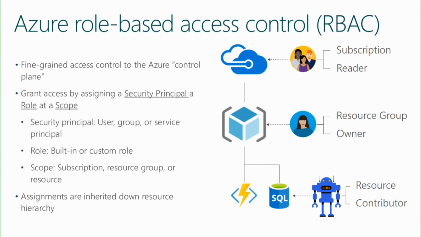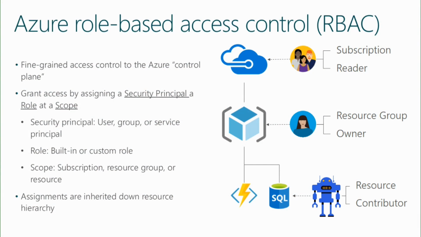Now, roles are varying, and they apply to particular types of objects. For example, some roles are specific to virtual machines. Some roles are specific to databases. Some roles are specific to storage accounts. It's up to you as the administrator to look at all these roles, kind of understand what they are. And again, this is available in the documentation, and figure out which roles are appropriate for the tasks that you're trying to configure. Within each of these areas, the other important fact to remember is that things are inherited. So if I grant you at the subscription level, that's inherited to all resource groups and all resources. Likewise, the resource group level is inherited with all resources within that individual resource group.